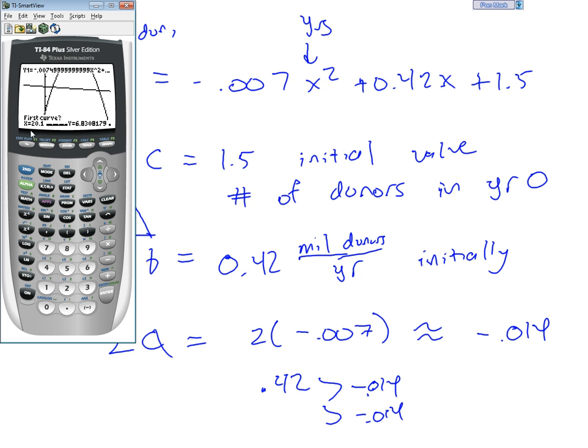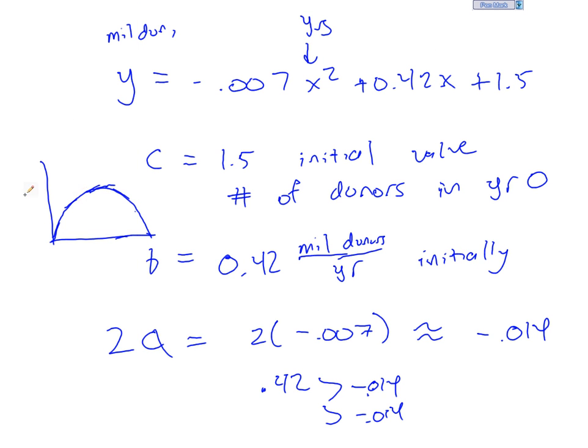Now here we have to be careful. We can still hit enter to select the first curve and then automatically jumps to the next one. But now because there are 2 intersection points, we've got to tell it where we want it to guess. So I'm going to move it closer to one of the 2 intersection points, and we'll have to do them one at a time. So one of the intersection points is at about 6.7,